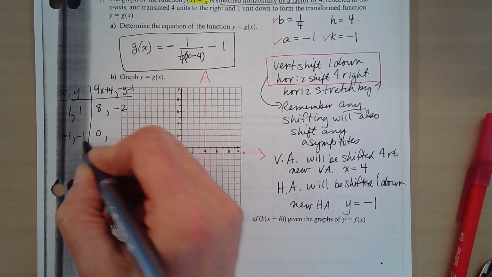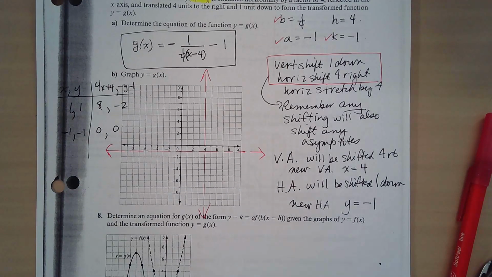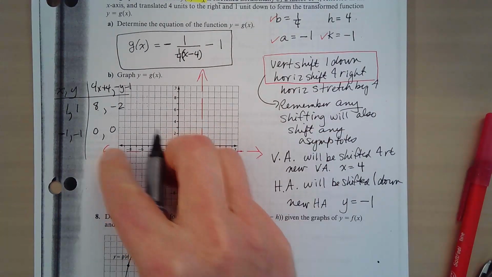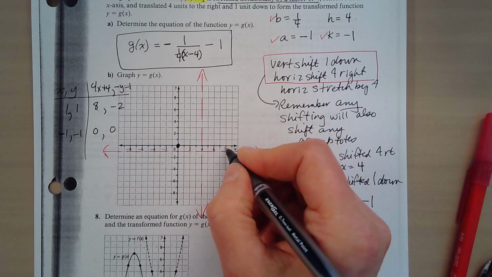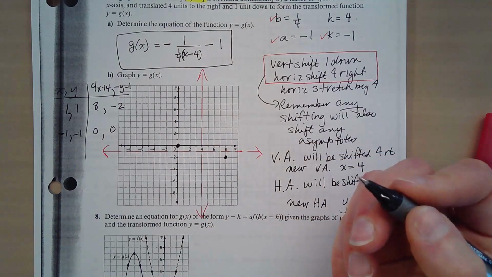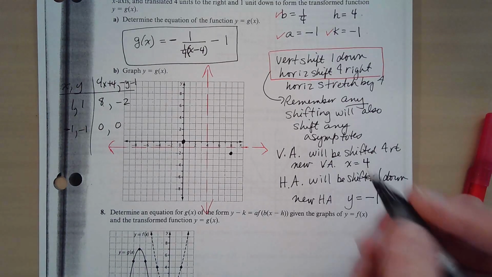This will be a +1 minus 1. This will be a 0. Okay, I might have to do some more information too later on, but we'll see. So I have a point at 0, 0, and I have a point at 8, -2. Okay. That's not much to work with, but if this was just a real quick sketch at this point,